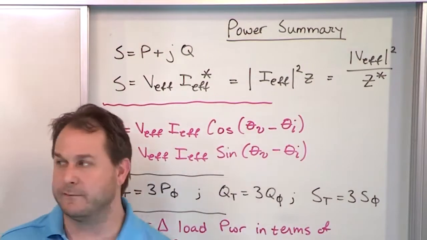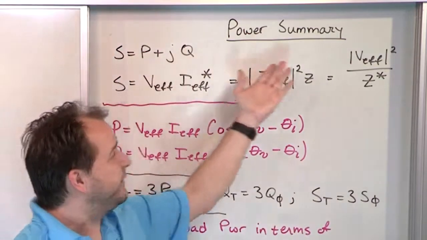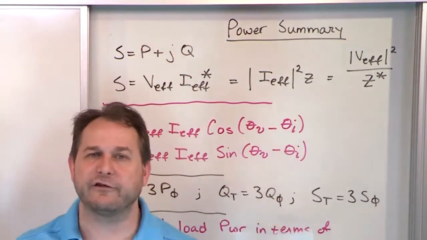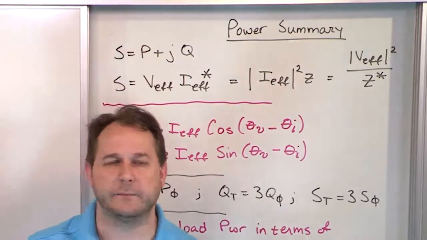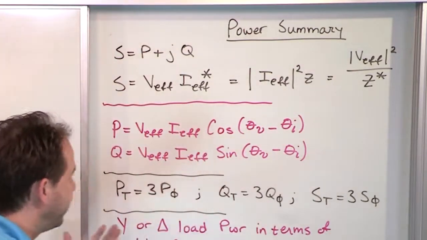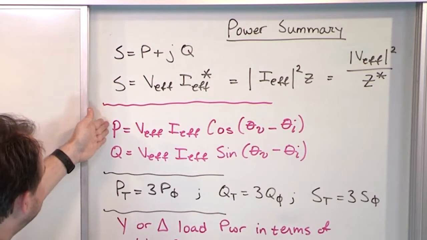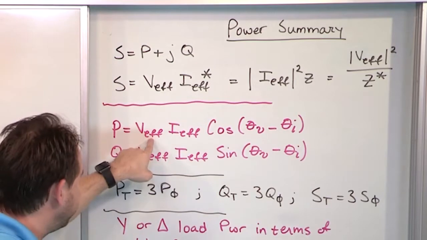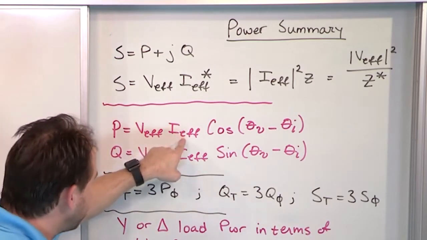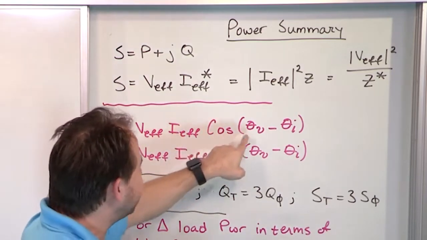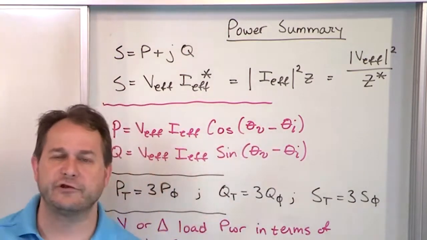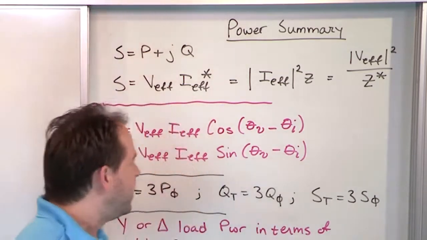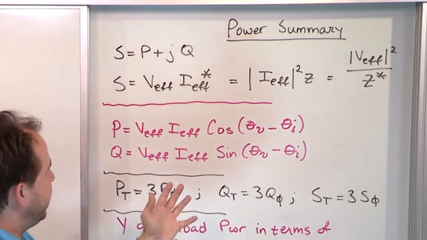In most of the problems here, I'm simply going to use these equations. But the book, because we're dealing with three-phase power, derives all kinds of other equations to let you know there are other ways of doing it depending on what you have. Some of those are as follows. You can also calculate just the P part, the real part of this complex power, if you know the magnitude of the RMS value of the voltage, the RMS value of the current, and the cosine of the voltage and current phase angle, theta V minus theta I, that important angle that's always in all of these equations. So if I have some circuit element here, and I know the